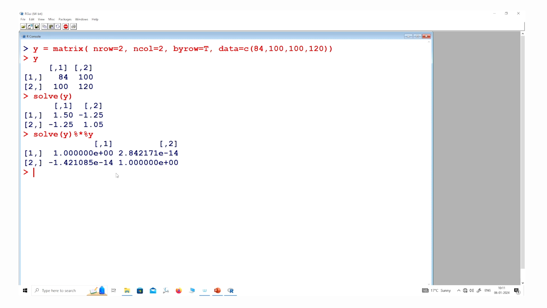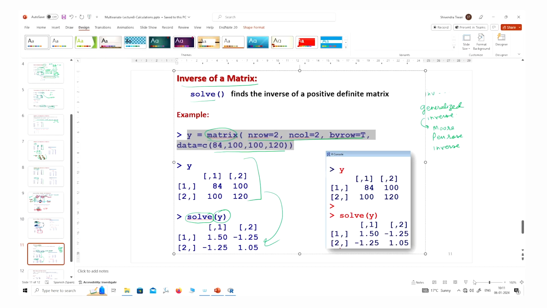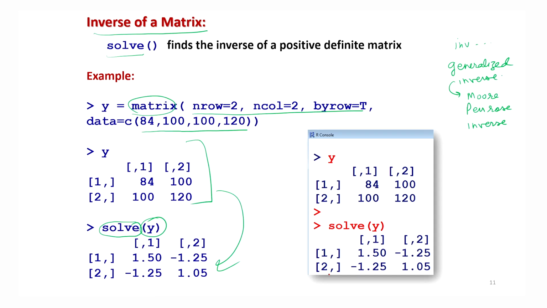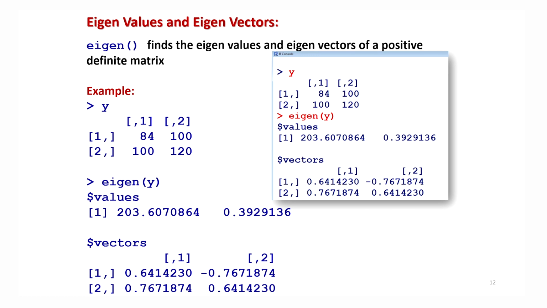And if you want to find out here, like if you try to say y percentage star percentage y, this will come out to be exactly 1, right? So this is what you have to keep in mind. Right. Anyway, let us come back to our job,